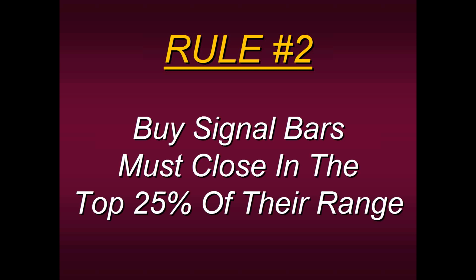Then we want to apply rule 2. In other words, if our strategy generates a buy signal, whenever all the rules are met, whenever all the requirements have been met, the bar it falls under must close in the top 25% of its range. Because that is a clue, once again, coming from the market, not from some guy in a chat room or from some economic report,